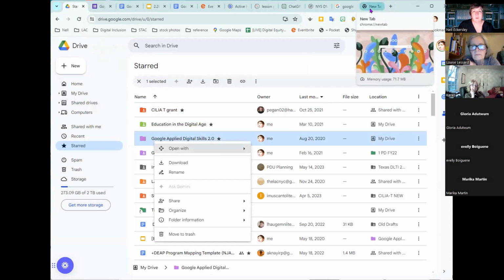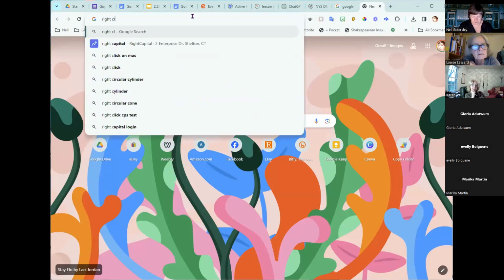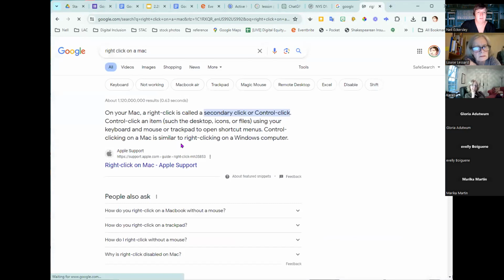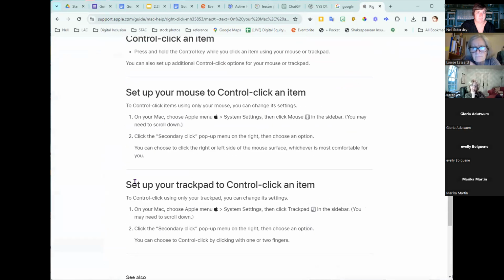All right, you know, I'm going to Google it. So right click on a Mac. Ugh, of course, it's not going to tell you how to do it. I think when you on your trackpad.